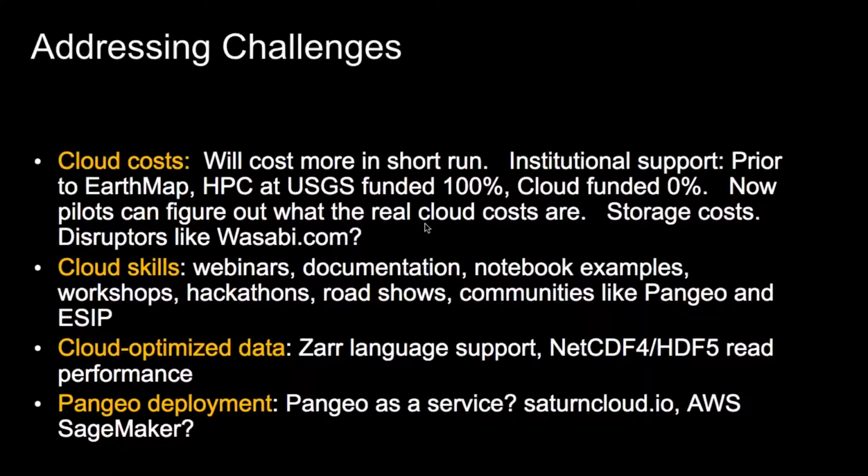Actually, I should look at my slide here. Yeah, so most of the money in Pangeo is spent on cloud storage. There's things like wasabi.com coming along that charge 1/5 of the storage and have no egress, and is that going to cause Amazon to respond in some way? There's all sorts of interesting issues out there. But back to the cloud skills, yes, there are some things we have to learn as scientists. Certainly